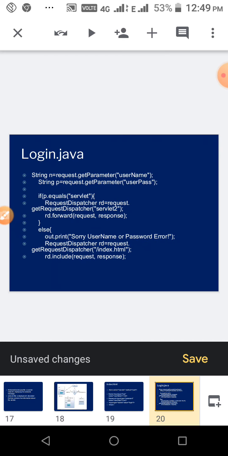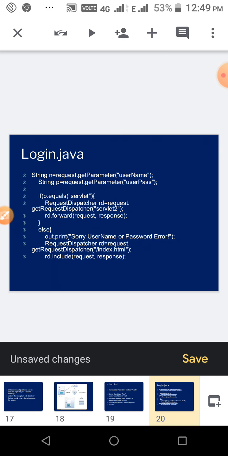Okay, next login.java, here only the control is sent to some other servlet. Listen here, if the password you are entering is correct, then what will happen? If p.equals("servlet"), the password is correct, and the control is sent to another servlet. Here we have one more servlet; this login.java servlet is used to dispatch the control to another servlet. That servlet only displays welcome username. Okay, how do we forward that control?